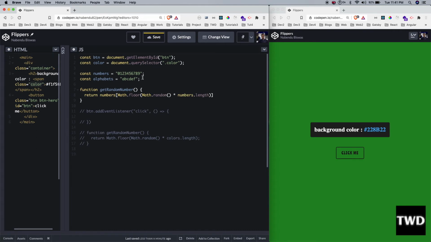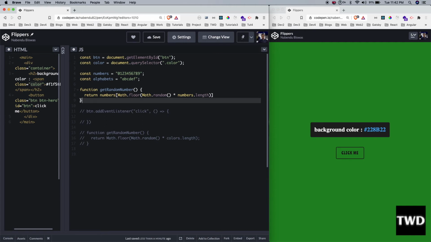The same thing I have told you earlier: see the length. As I have shown in the console, whatever the length is, the random index will be inside that only. There are 10 numbers, so it will be inside that only, 0 to 9 being the index. One more thing: strings are also considered as arrays. You might think this is a string, and it is, but they can also be accessed like arrays with the square bracket notation. It's quite possible.